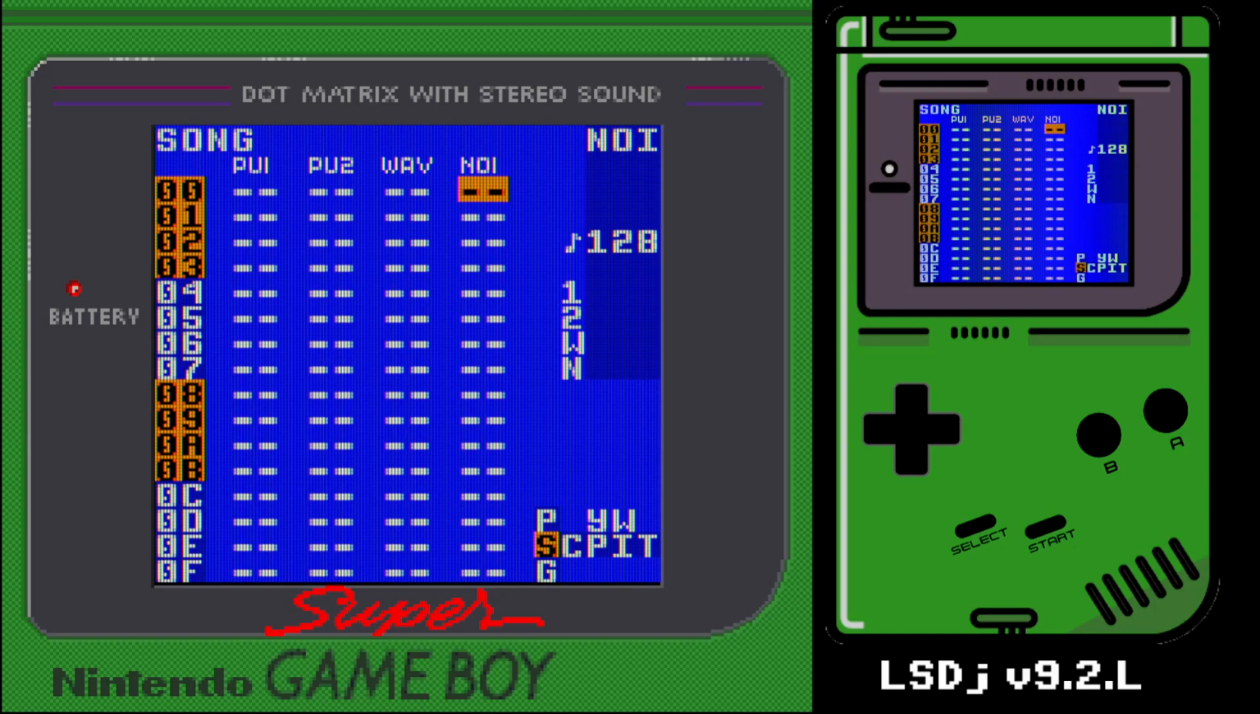I've gotten a lot of questions about the noise channel because it works pretty differently in the latest stable version of LSDj 9.2.L. But I felt it was worth talking about